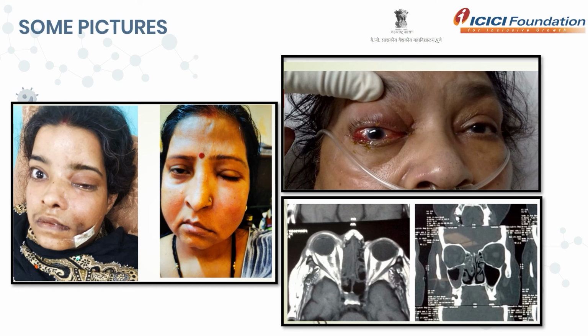I would like to show the pictures of the mucormycosis. It shows swelling of one side of the face. Also there is blackish discoloration, ecchymosis, and edema of the eyes on that affected part. So this is also the clinical picture of a 57-year-old female. Right eye complete ptosis, lid edema is there. So this is the clinical picture of the mucormycosis.